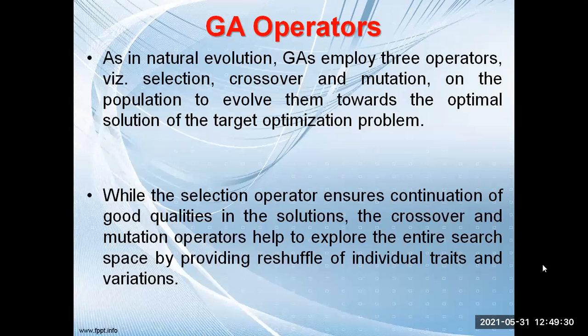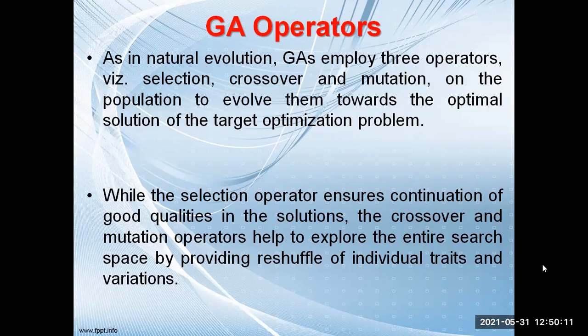Next, we'll discuss the GA operators. There are certain operators in the genetic algorithm operation. These are the three important operators: one is selection, second is crossover, and third one is mutation. These are three important operators which will operate on the algorithm, and based on that, we'll get the optimum solution. How to employ those operators, we'll see in detail now.